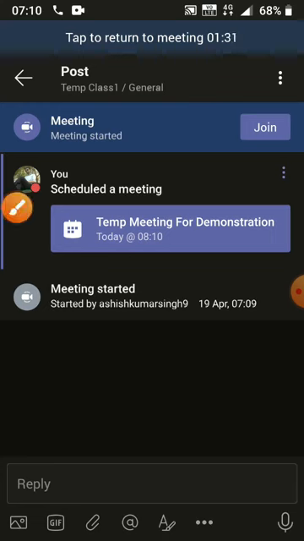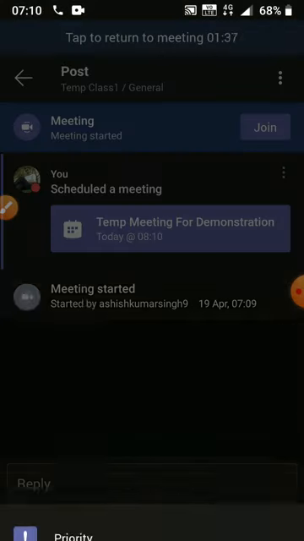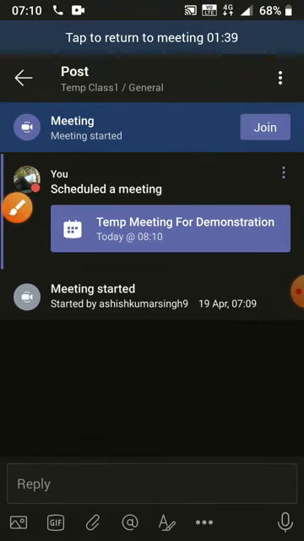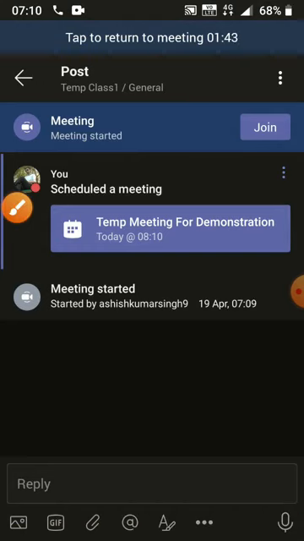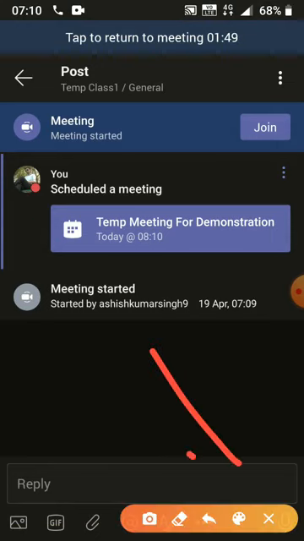So of course you know very well what to post and what not to post. All the options are the same, which I discussed in the beginning. At the bottom you can post a reply, images, or tag anyone. You can even record audio and send any audio or message also.